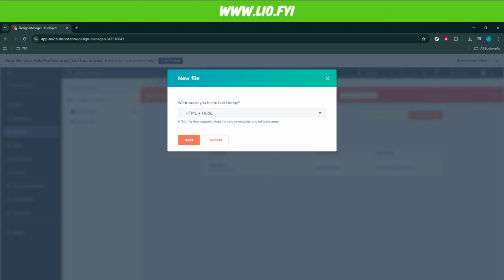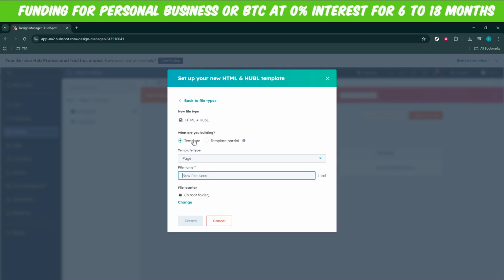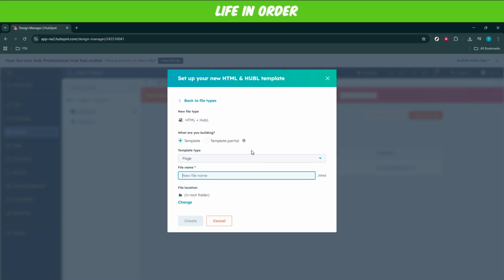The final step is critical. Click on the prompt, "What would you like to build today?" This query not only sets the tone for jumping into action, but also kickstarts your creative process. It asks you to decide the type of file you'd like to create, be it a new template, module, or even a style sheet. This pivotal step turns your creative ideas into reality, providing the tool to craft what meets